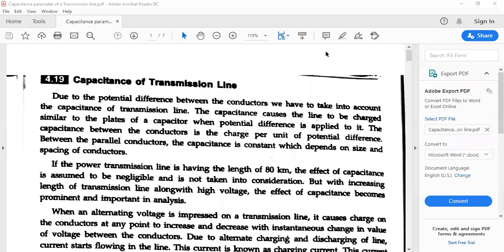Yes. Hello everyone. Today we are going to start a new topic in the transmission line parameters, that is nothing but the capacitance of a transmission line. So earlier we had studied inductance. All the derivations connected to inductance were based on the flux linkage and the current present there. After finding the flux linkage, we were dividing it by the current to get the inductance.